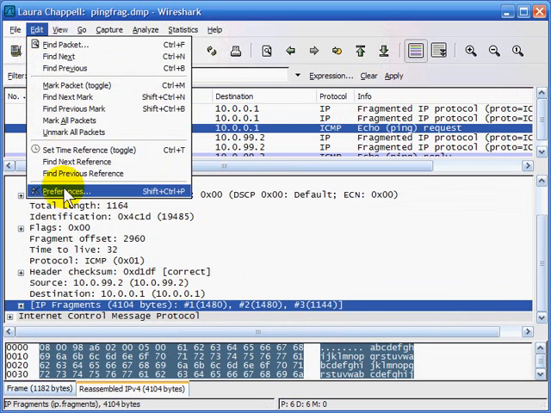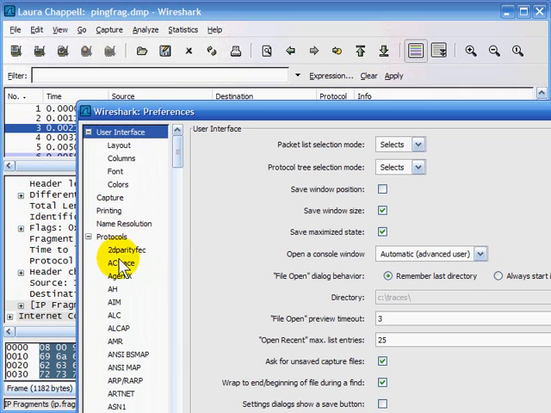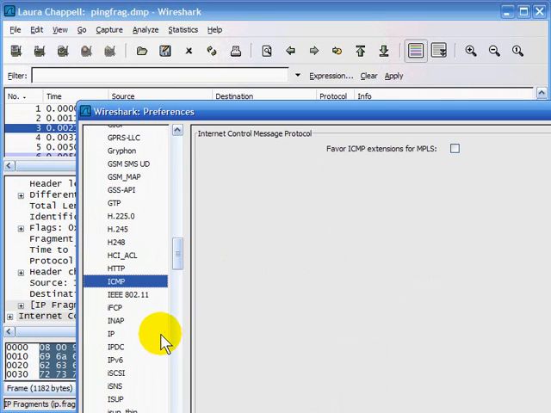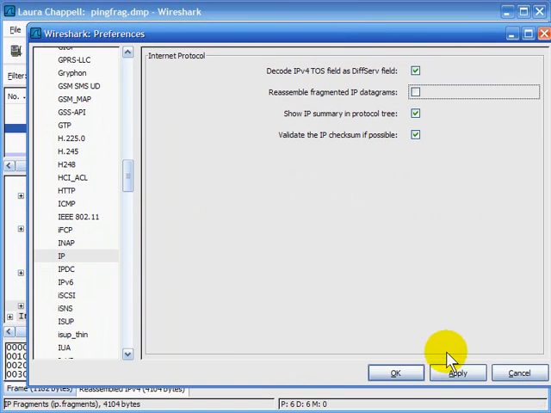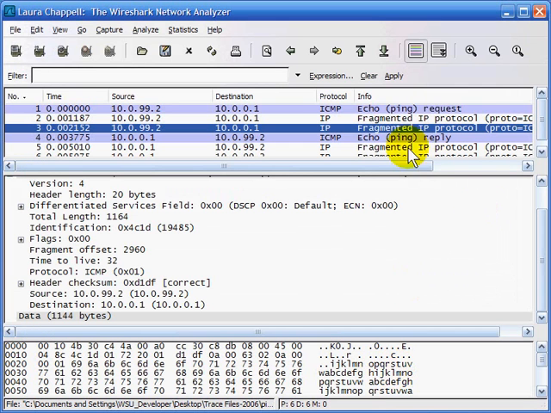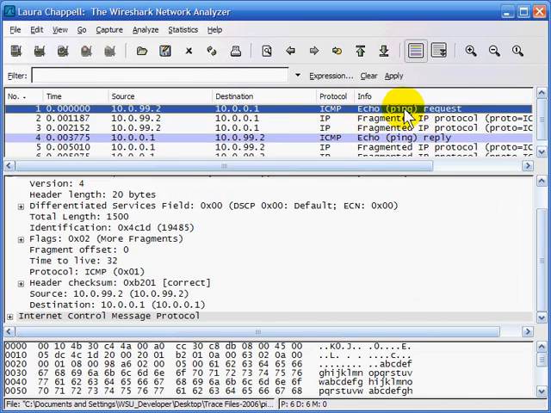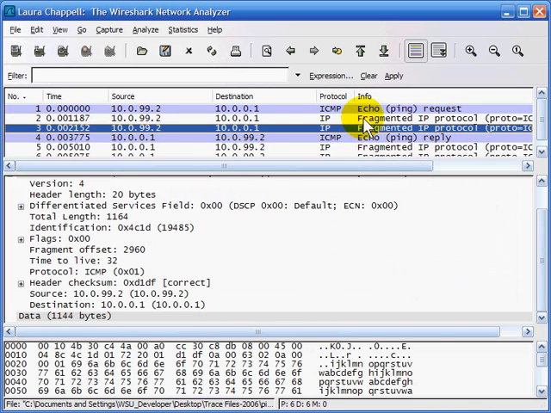If I turn off fragmentation reassembly, I'll put all these back together again. And then I would have to go packet by packet to look and see what the set looks like. So I'll go down to IP, turn off the reassembly process, apply it, say OK. And now we'll see packet number 1 says it's a ping packet. Packet number 2 is a fragmented IP protocol packet. Packet number 3 is fragmented IP protocol. But each of those packets has just a piece of the fragment set, and they're not reassembled in any single